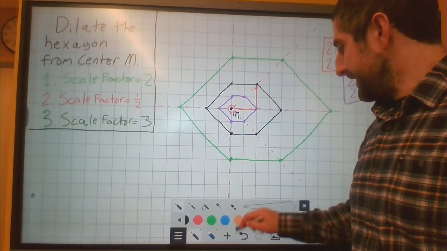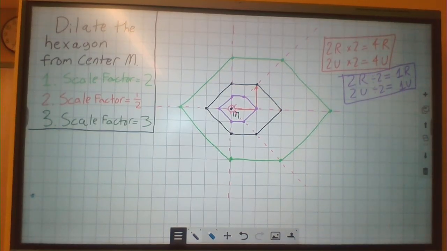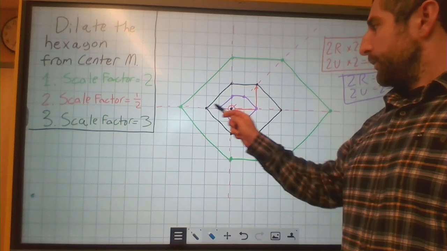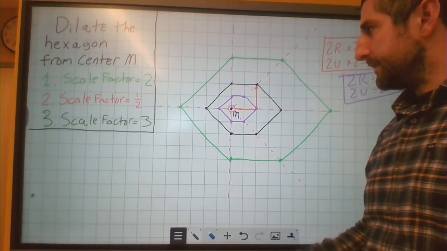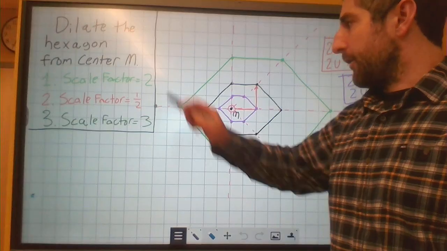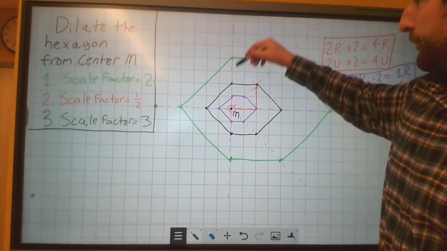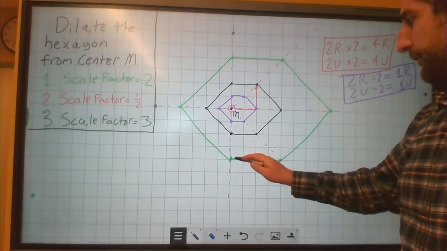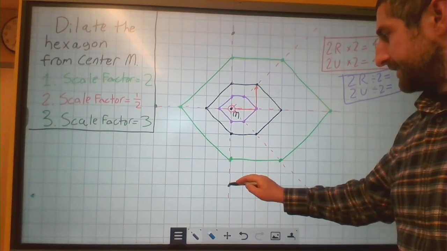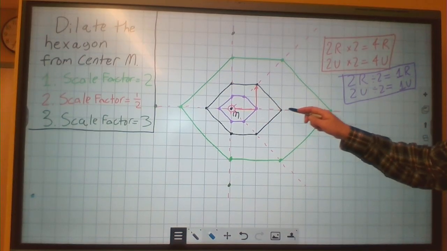All right. Last one for this, we're going to do a scale factor of 3. So what's our 2 going to turn into? 2 times 3 is 6. So we'll go out 6. Once again, we'll go 2, 4, 6. Downwards, 2, 4, 6. To the left, we're going 4, 8,